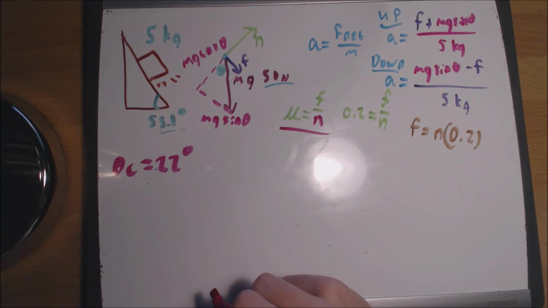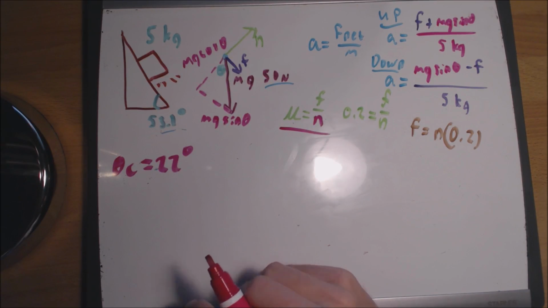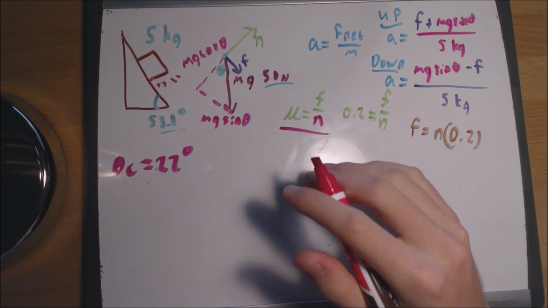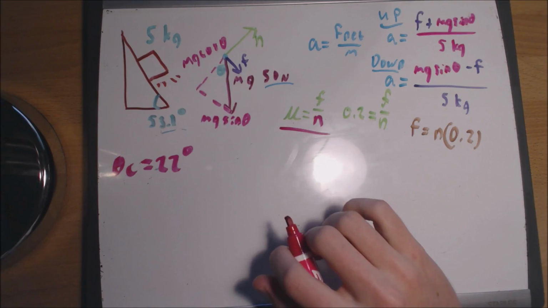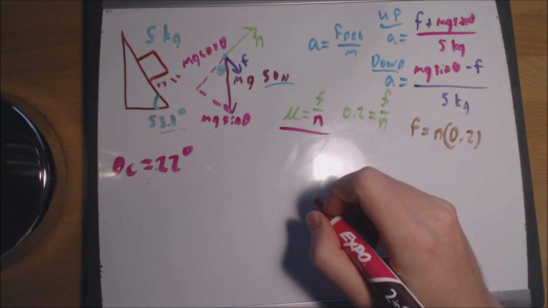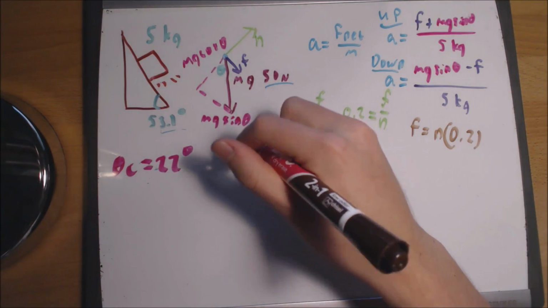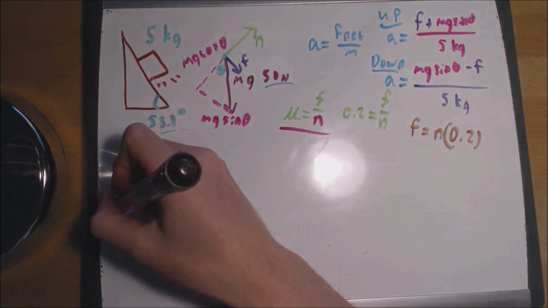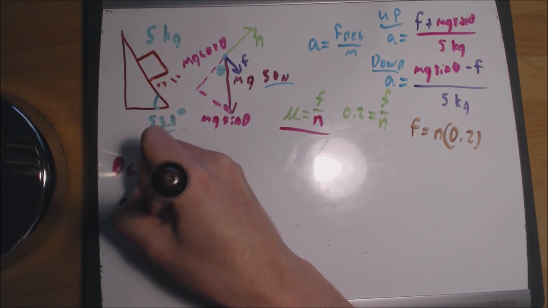And since we know that at the critical angle all the forces are just perfectly balanced, our friction is going to be equal to our mg sine theta, because our net force in the x direction